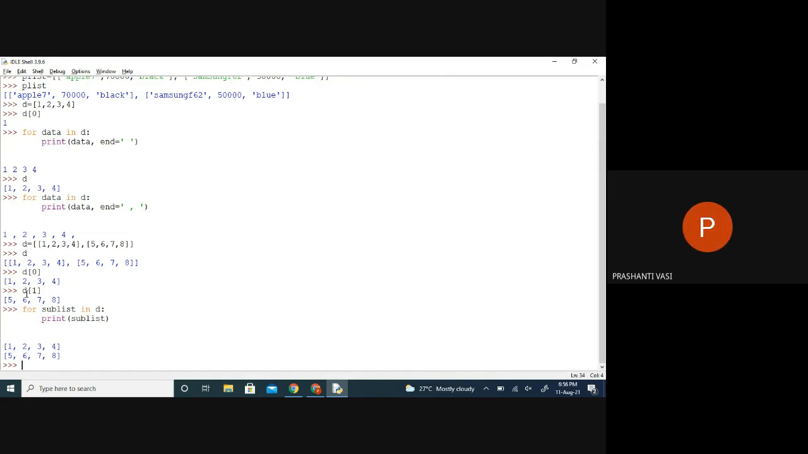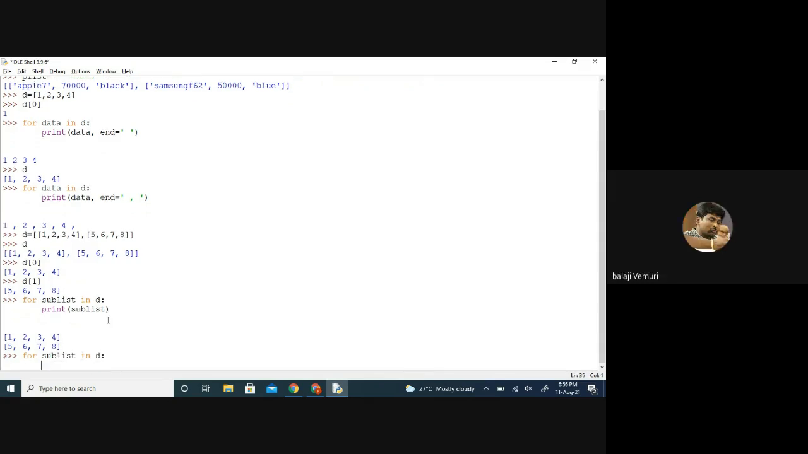Now the sublist itself is in list format. Again, I don't want that list format. I want individual data in the sublist also. So if I don't want the sublist as it is, I want to run a loop again on the sublist. First I run a loop on the main list, and then run another loop on the sublist, then only we'll get the data. For each data found in the sublist,